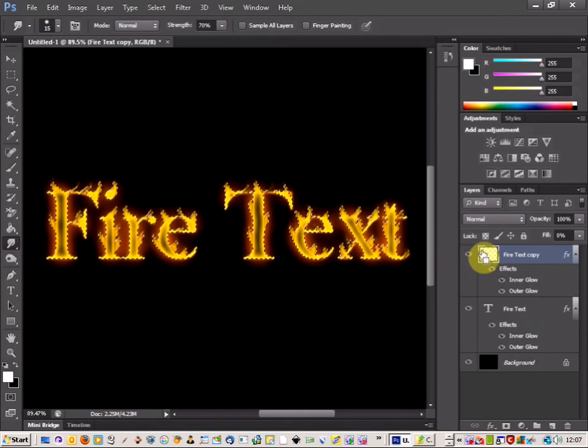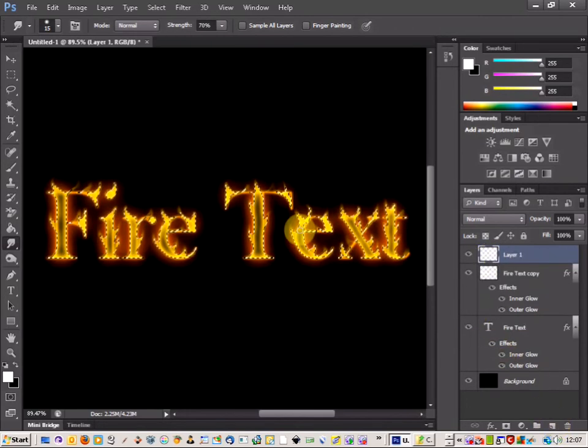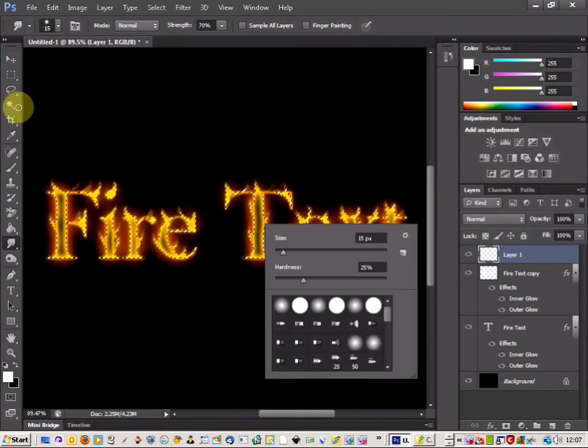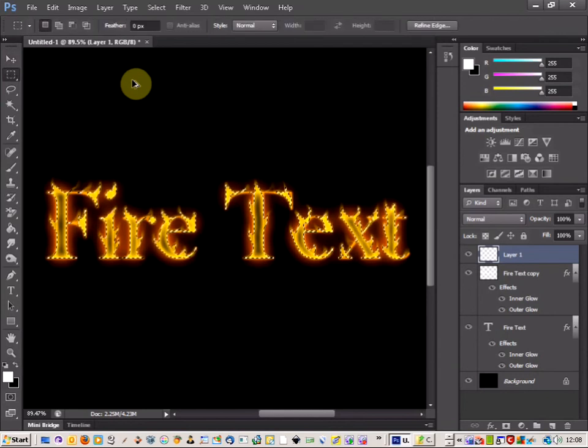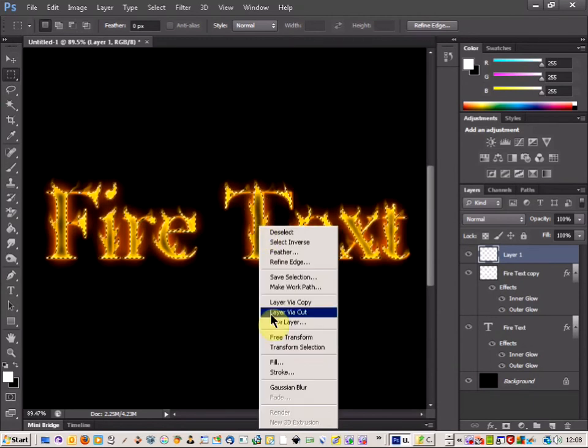Now the same again, you're going to hold down control and select the layer again, and this time you're going to click new layer, and then right click inside one of the, click on the transform tool. Oh, that doesn't work either. Sorry, there we go. Come up to the marquee tool, select, right click on the selected option and go to